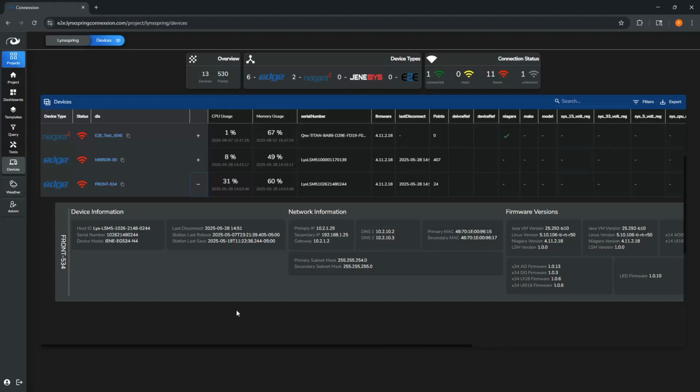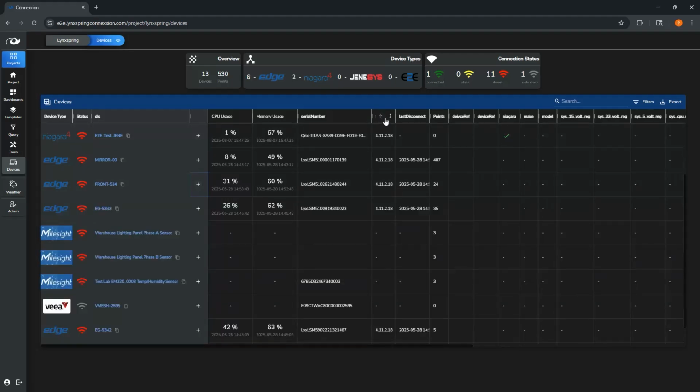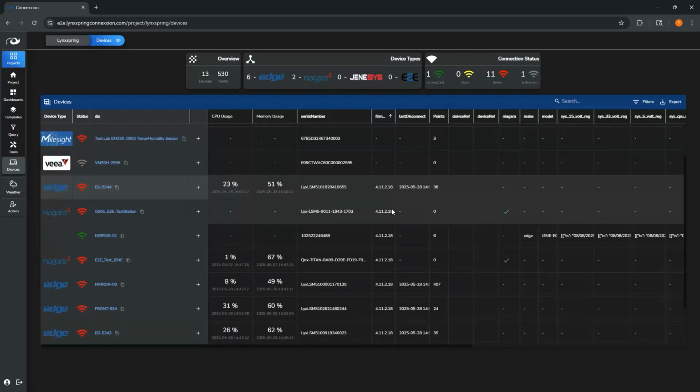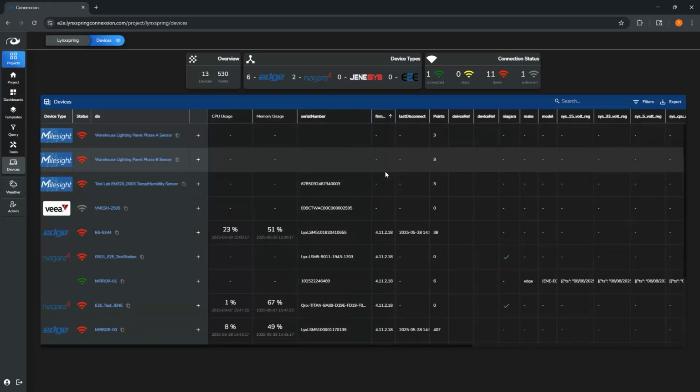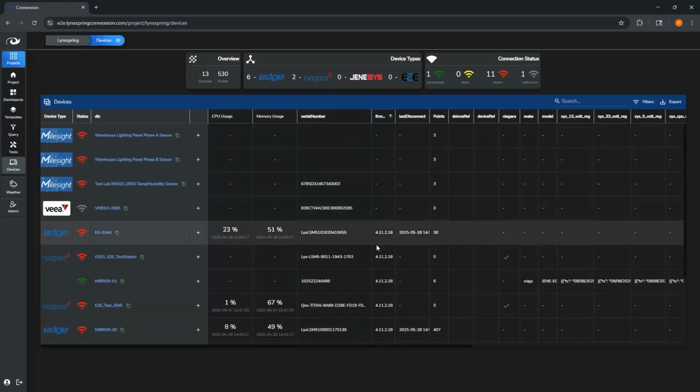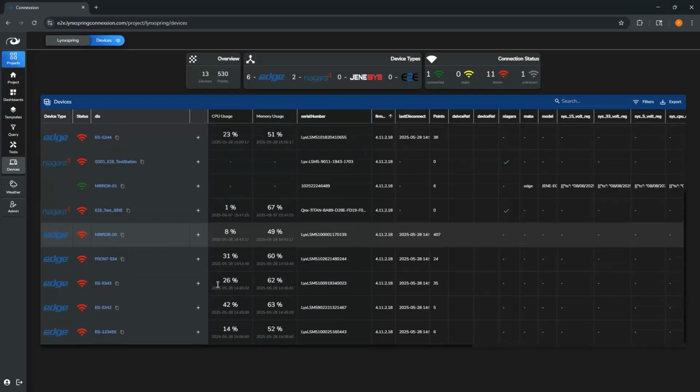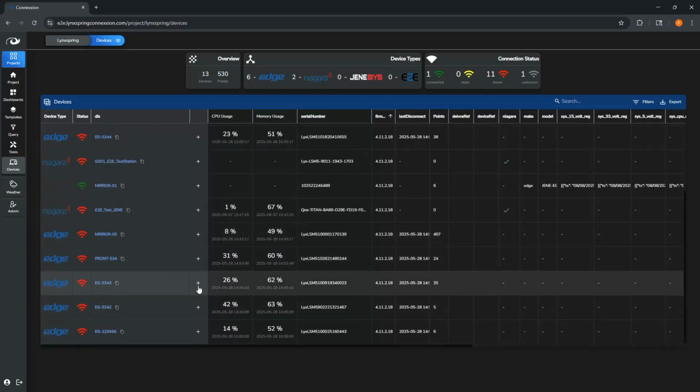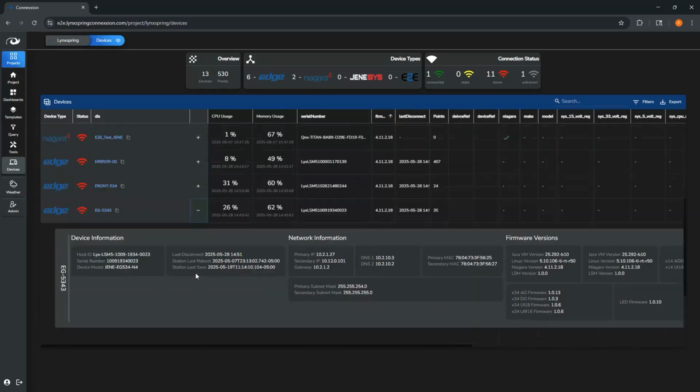So if you wanted to figure out, do I have devices that are sitting in the field that are still at 4.8 or 4.10, but I need everything to be up to 4.13 or something, you can get that information from here very quickly. Rather than have to dive through device after device after device, you can just come to this field right here, our firmware field, sort it, and then figure out from top to bottom where your devices are at for their Niagara version.